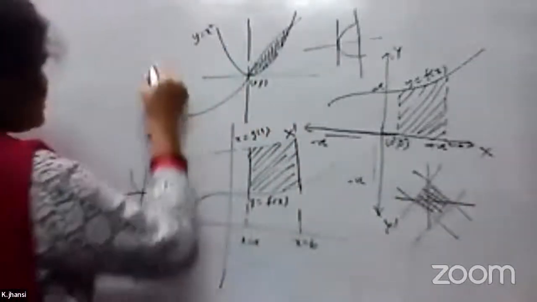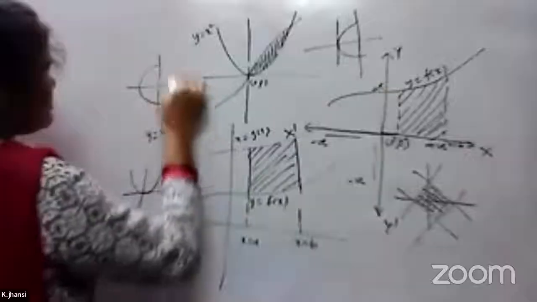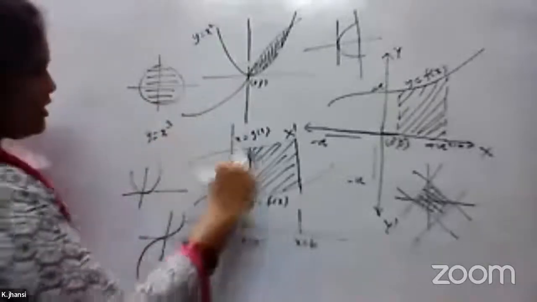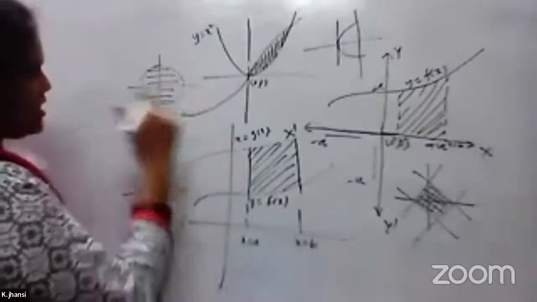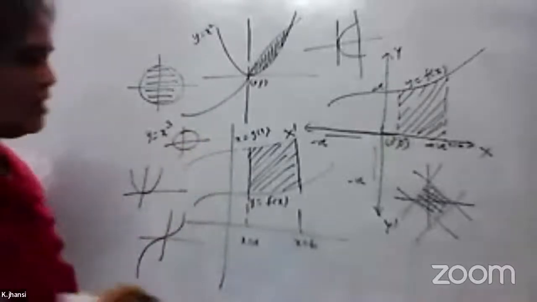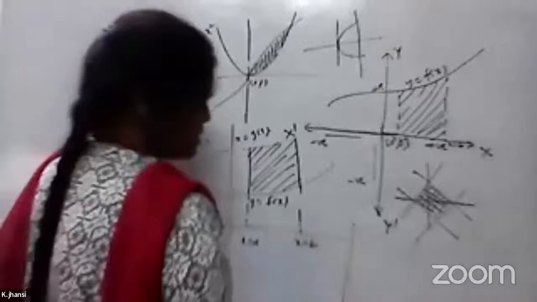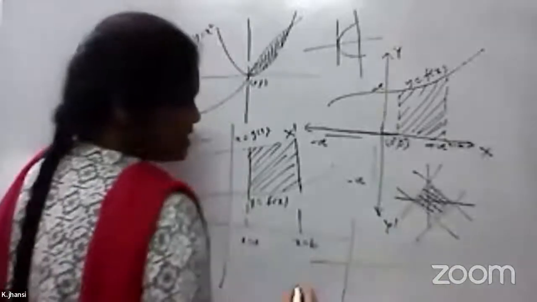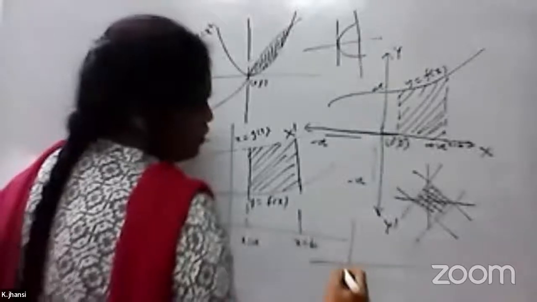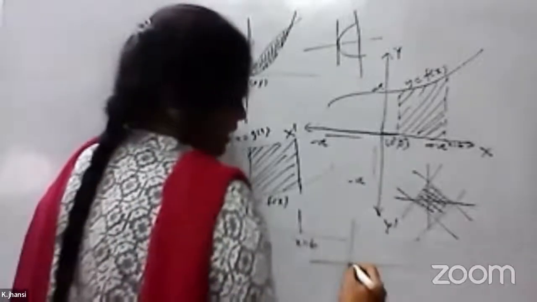Even the ellipse or the circle, this area in between, and also any part of the region they will ask. Any part is there also they will ask to find the area, if it is sin x or cos x. For sin x, the sin 0 value will not be there, so from here you will get, and if it is cos x, it will be